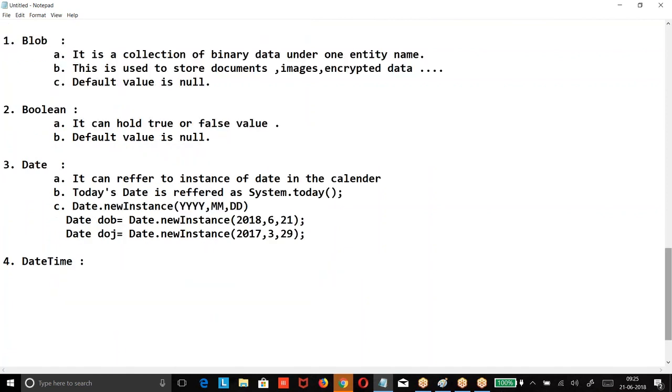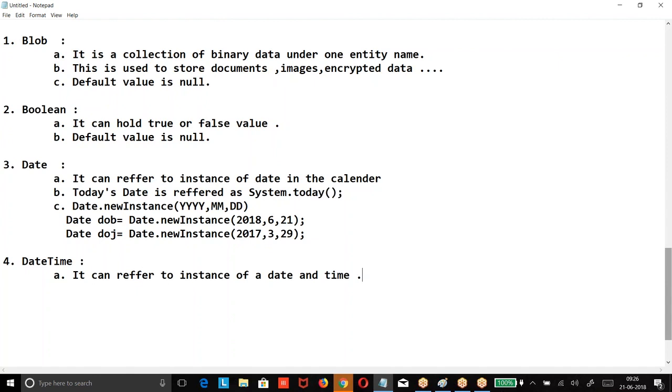Datetime. It can refer to an instance of a date and time.